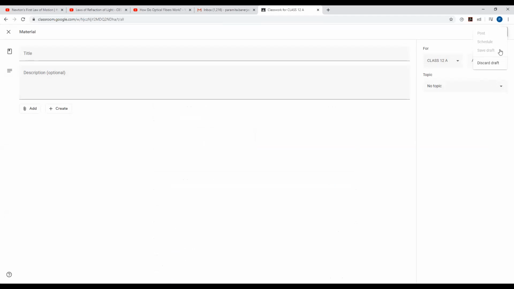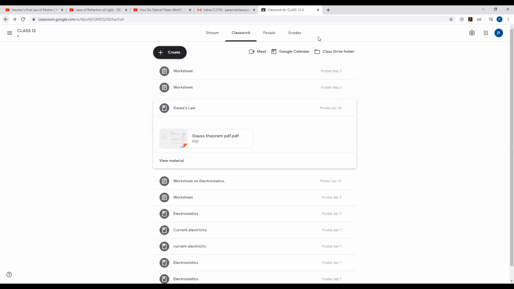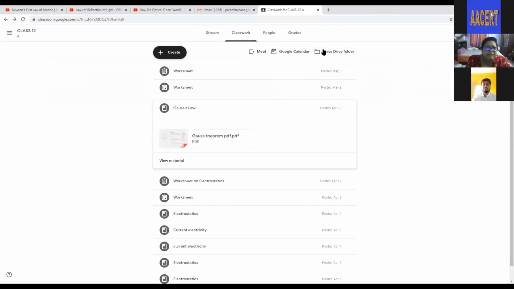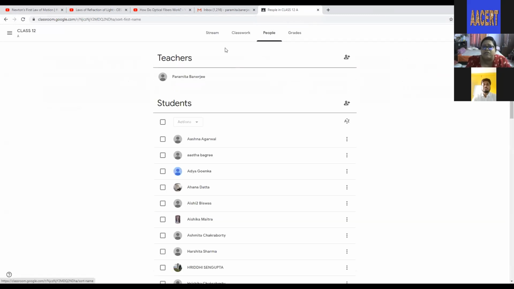So even if you are not present, you can record your things and post them in the Google Classroom. Automatically they can learn. That is called self-directed independent learning. So those who are using the virtual platform, I can tell you the day has come that we have to use the virtual platform. So this is a very, very important way we can use. You can keep track of the people.